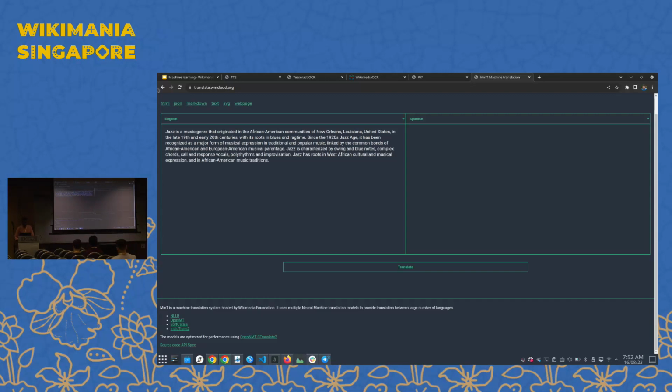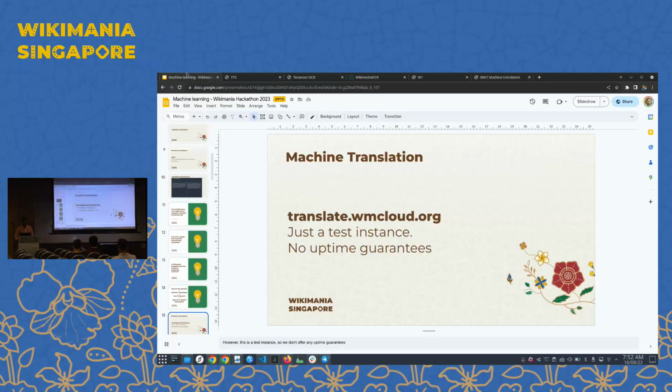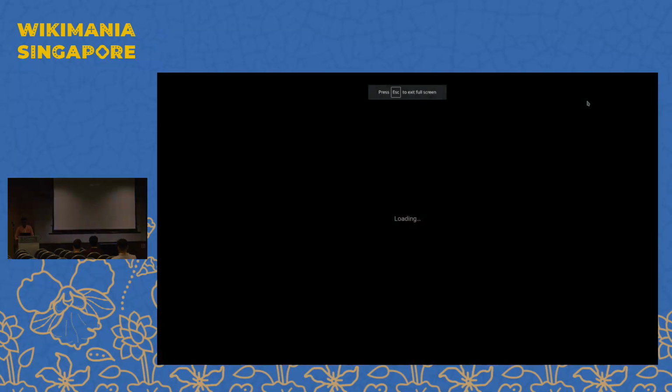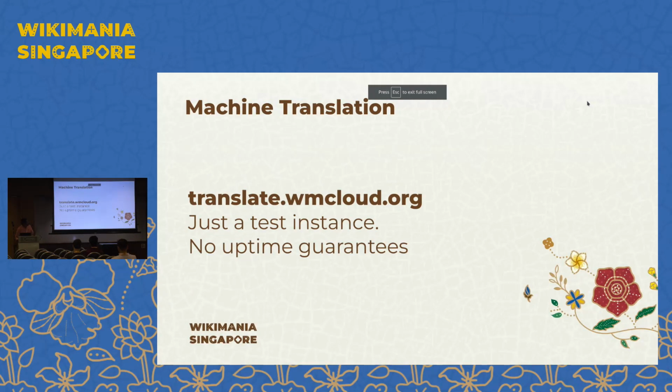Okay. So I'm not going to do any demo here to save time, because I have so much other content to present. But just note down that translate.wmcloud.org is this one. But this is not a production instance that will scale up to all your needs. We set it up like a testing demo instance. We have another instance of the same thing that is in production, that is actually serving our content translation project, and that is more powerful and running on actual hardware.